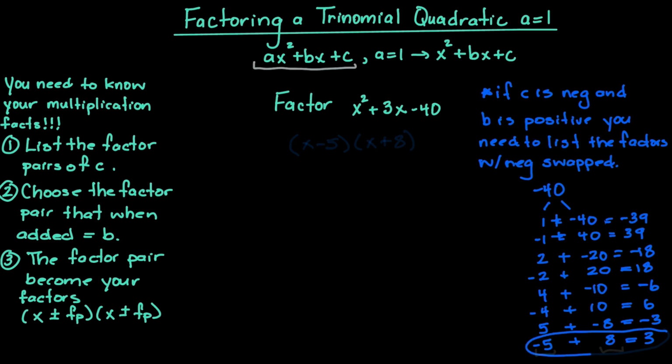And there could be more factor pairs, but I'm stopping because I've reached the one that I need. So my factor pair is negative 5 and 8. So our quadratic trinomial factors into x minus 5 times x plus